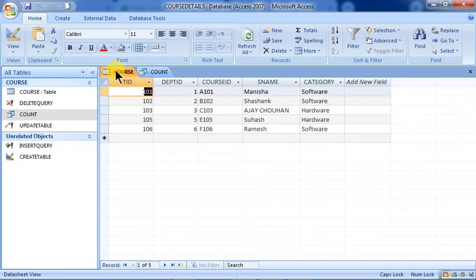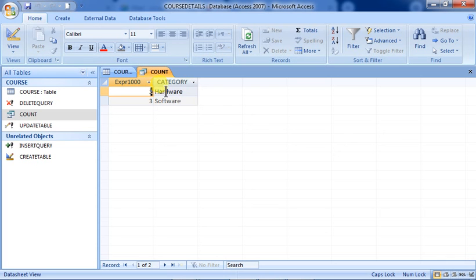Let us verify it. So that is the use of the group by. Okay, software 3 are there and hardware 2 are there. Okay, so count is also resulting into this, hardware 2 are there and software 3 are there. Okay, so that is the thing. So in this way the group by command can be used also in SQL as an SQL query.